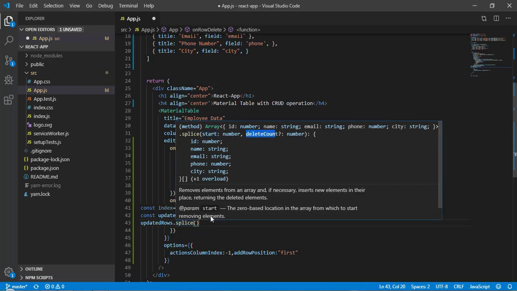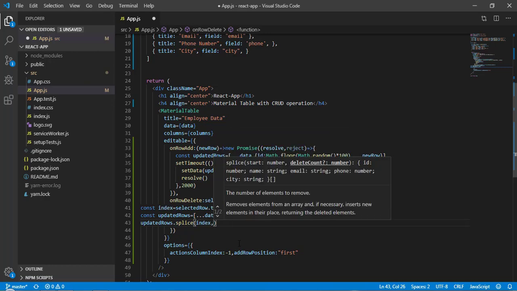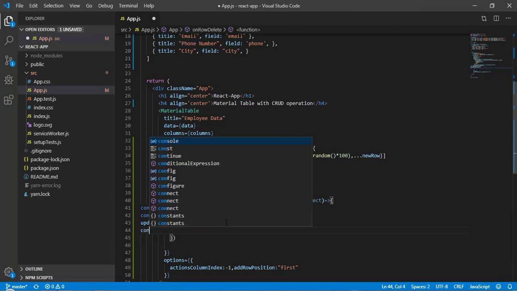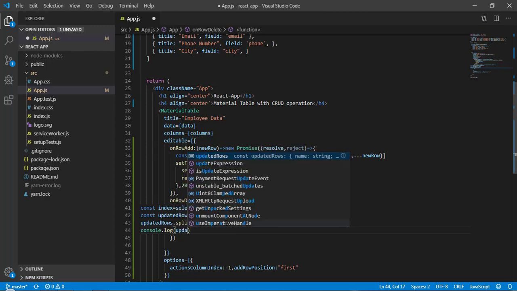I know my index number, so I will pass index as the first parameter, and as the second parameter I want to delete a single record, so I will pass 1. Now save it, and let's do the console log after this line, console.log of updatedRow.